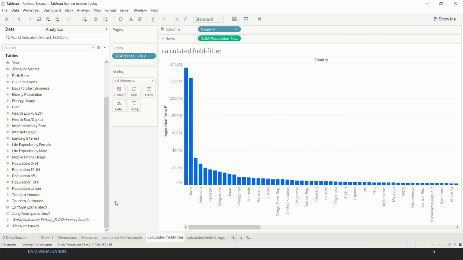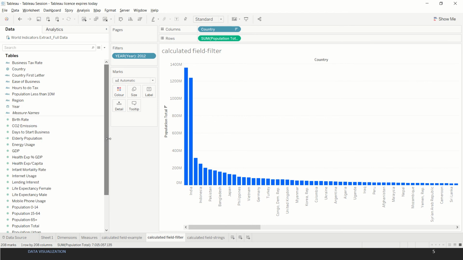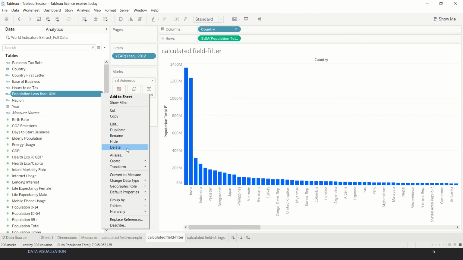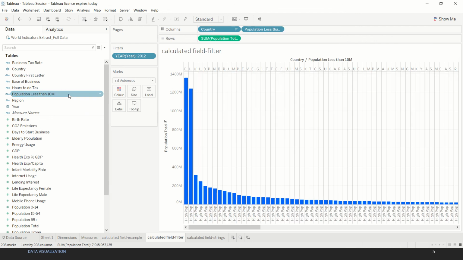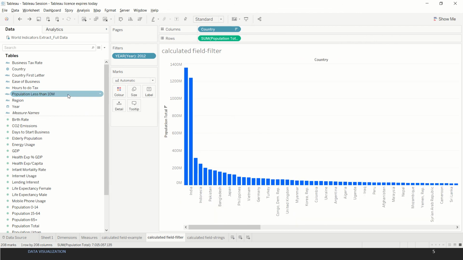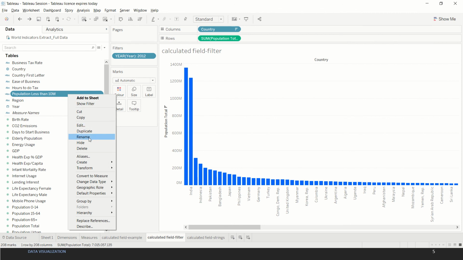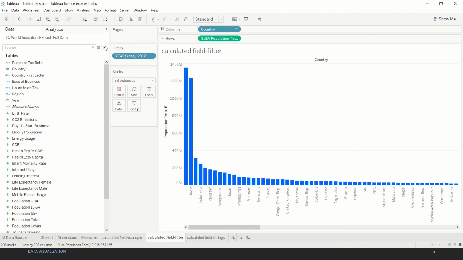Now the other field that we need to create is population less than 10 million. So I'm just getting rid of this field, and then adding it again just for demonstration purposes.